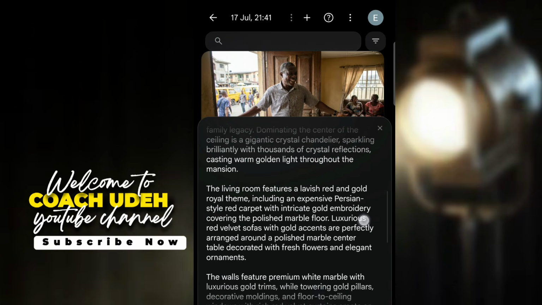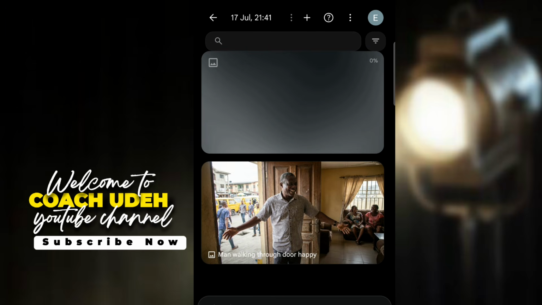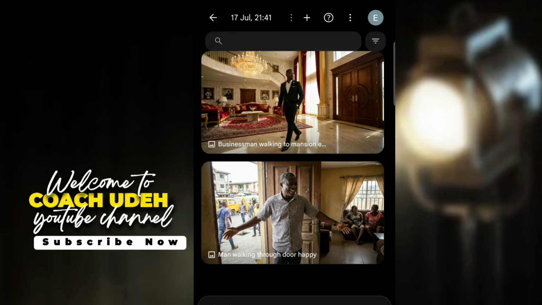Now let's just hit generate here on Flow to see the kind of image we will be having, guys. And this is the perfect way to actually prompt. Anything you want to say inside your prompt, include it. When you are giving AI any instruction, you will definitely get a beautiful and amazing outcome, guys. Now look at my second image. Can you compare this image with this image? Do you see how much this image pops?